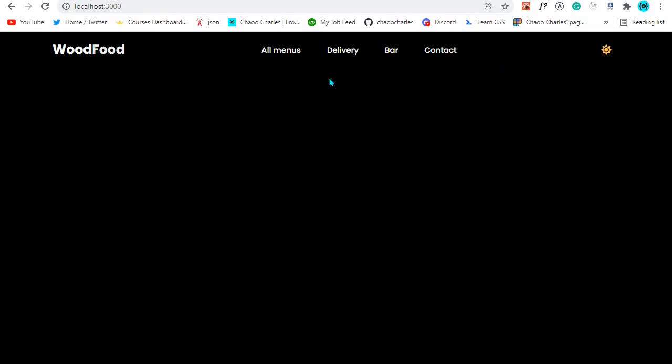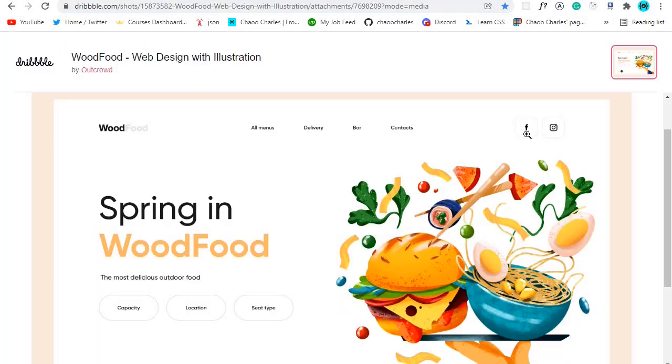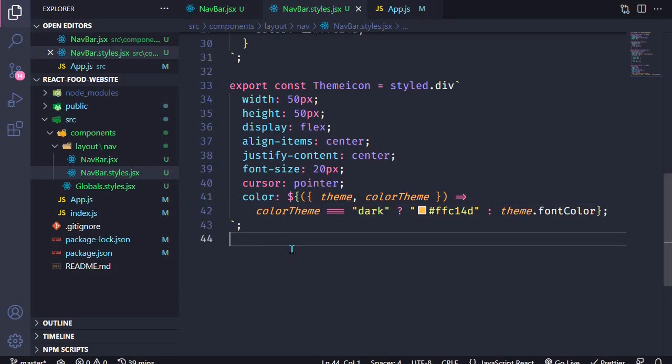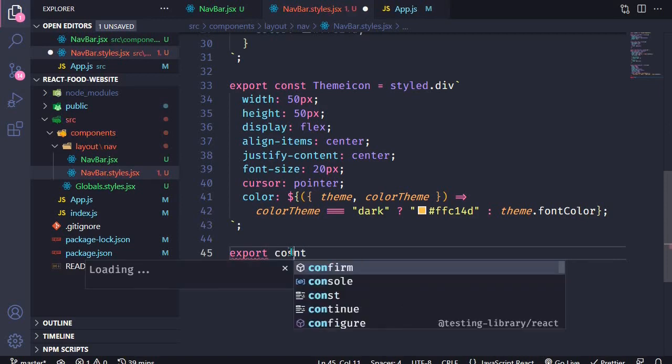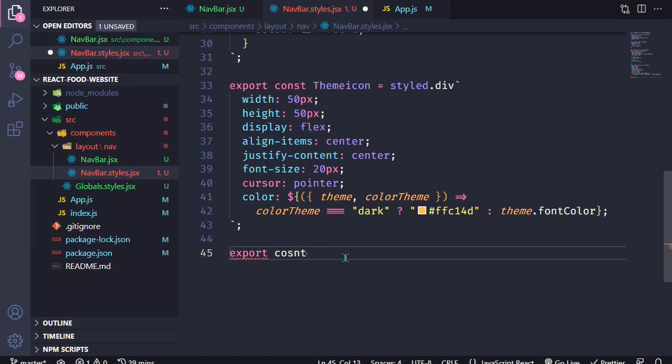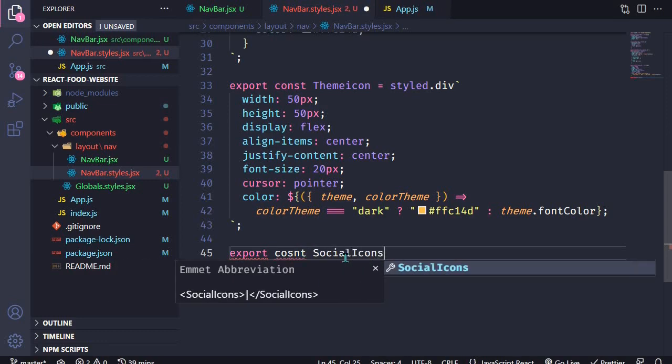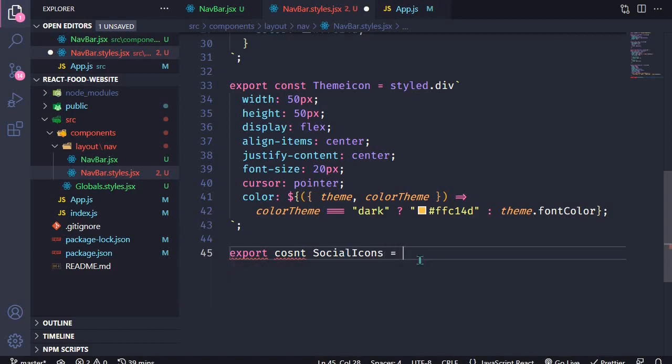Awesome. Now we need to include some social icons, the Facebook and Instagram. Let's do that. So again, I'll have a wrapper for the social icons, like we had a wrapper for the theme icons. So right here I can just export, and then I'll say const, and I'll call this one social icons, and this will be equal to style.div